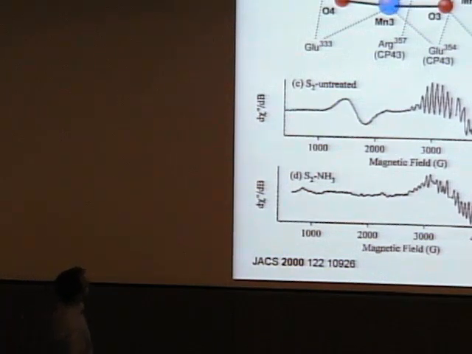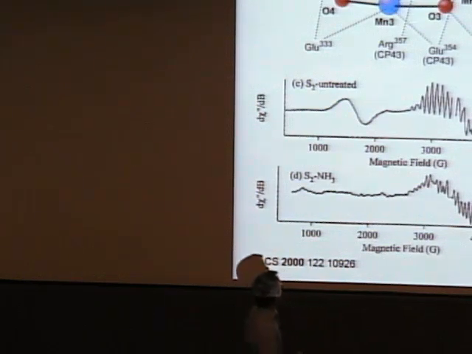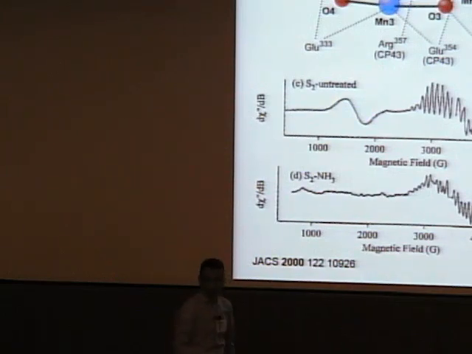Another application is actually, if you look at photosystem 2, which contains this manganese 4 cluster, of which we now have a crystal structure. About 15 years ago, nothing was known about this. We didn't have a crystal structure. Here are very complicated EPR spectra. This is work from Dave Britt, and he did manganese 55 ENDOR. Manganese 55 is a spin 5 half nucleus, so it gets really complicated. And since the electron directly sits on those manganese nuclei, the coupling is really strong, and the frequencies are hundreds